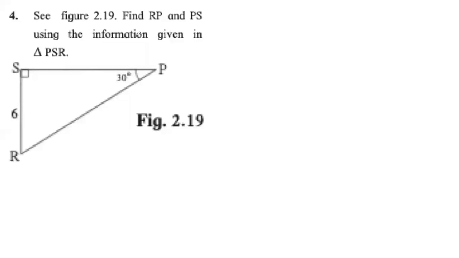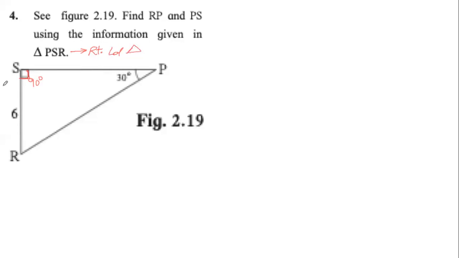The way this question is a little different from the previous questions is, all the information is not written in the question. Some of the information is just there in the figure. So we have to figure it out. First thing that we see is angle PSR is 90 degree because of this square symbol. When we understand this, we know that triangle PSR is a right angled triangle.